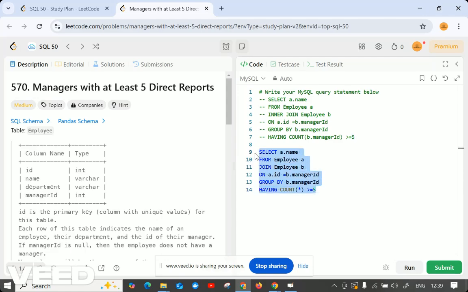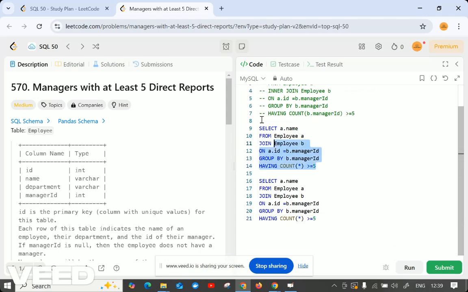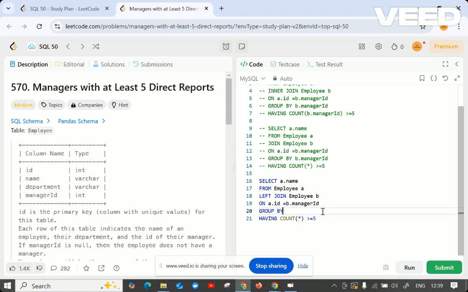The same thing we can do with the left join also. Let me copy this here and comment out this part. Here, instead of join, let me have a left join. In the same scenario, with that ID only we are grouping, because left join means the left table will be the main table here.